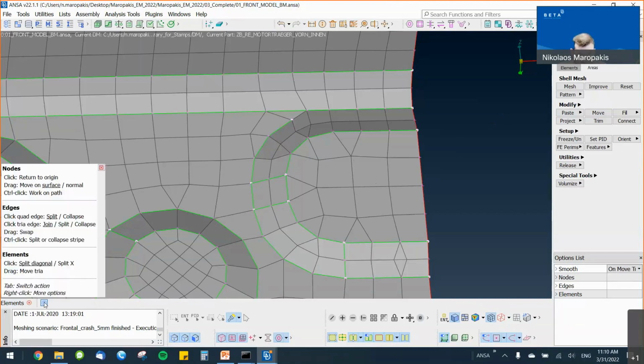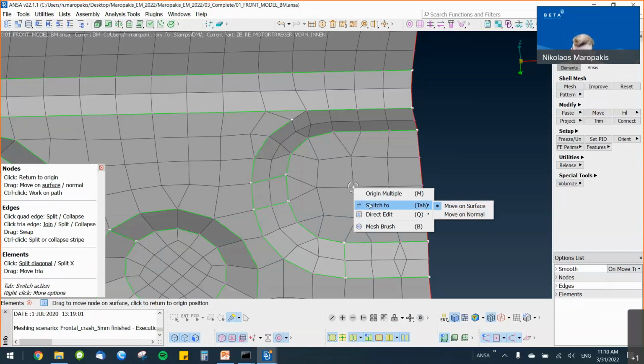The function assistant contains a brief overview of all the functionalities and all the entities that are available in the elements category. I can see that with the elements category, I have access to nodes, edges, or elements. And over each entity, I have access to different functions. More functions or options are hidden in the context menu that can be activated with right mouse clicking. Every function that exists in the right-click menu has its corresponding shortcut key from the keyboard that can be seen here in parentheses.